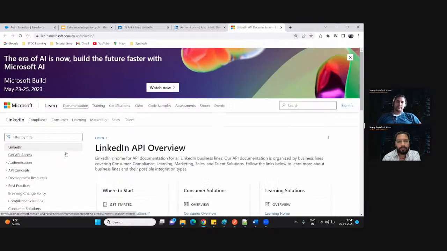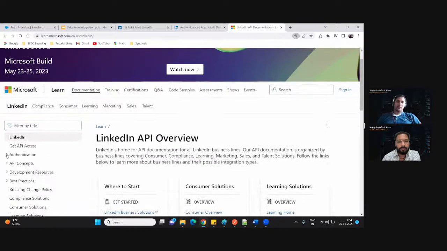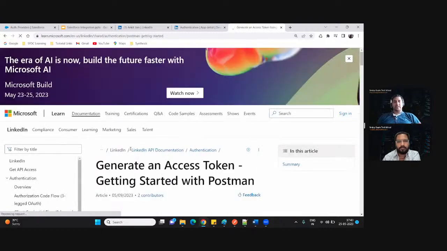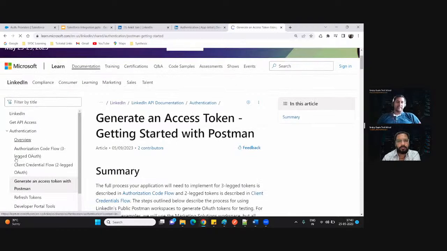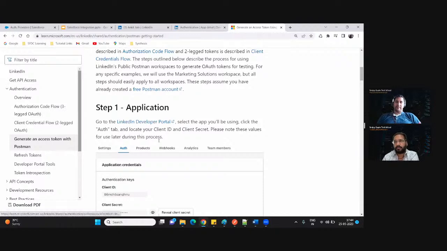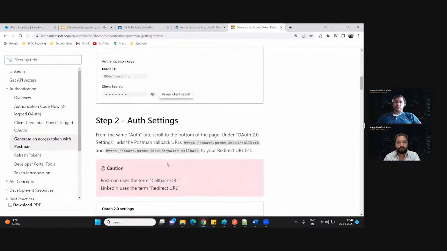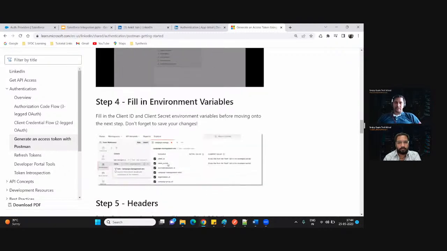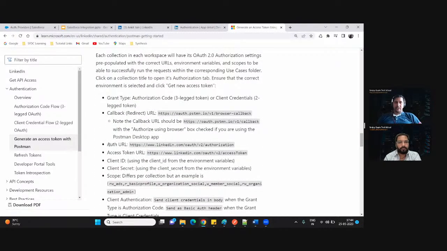Let me zoom in again. Here we have the section for authentication. I am opening that section, and I'll go to this page because I already reviewed this documentation. In case you are doing it for the first time, you might have to spend additional time finding where the authentication URL is, but it will definitely be under the authentication section. If you scroll down, you will find it. You can see here we have the auth URL, so we can just copy that auth URL from here